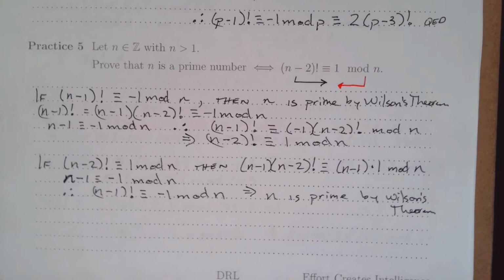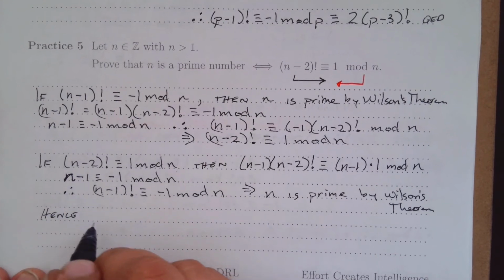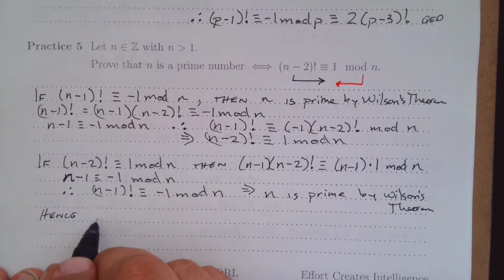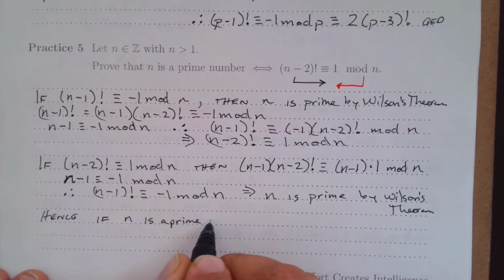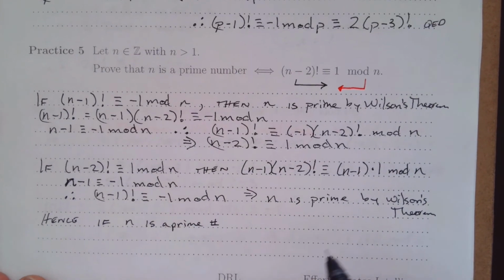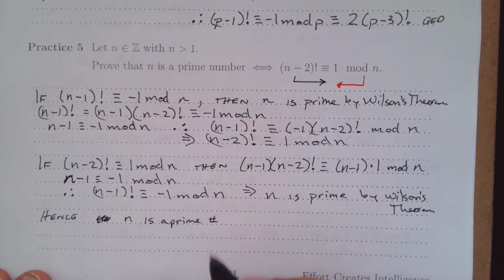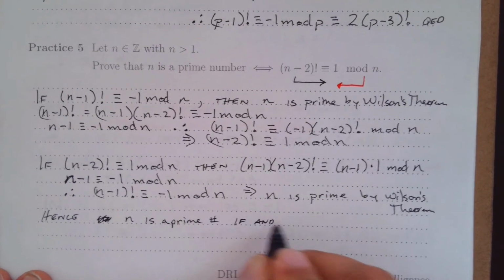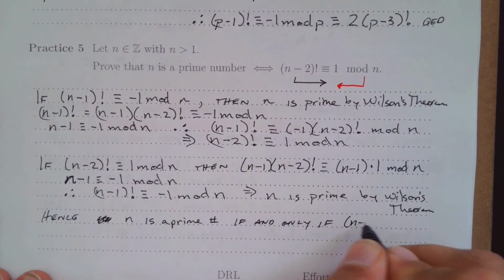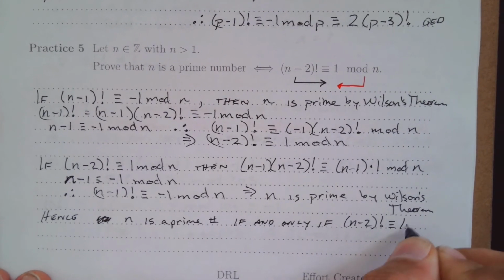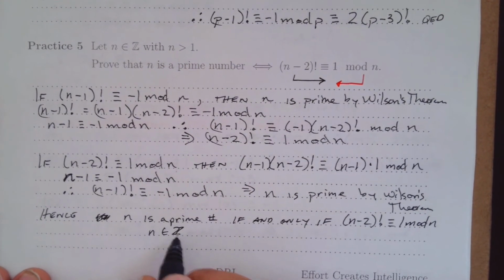Okay, so therefore, or hence, n is a prime number if and only if (n minus 2)! is equivalent to 1 mod n, where n is an integer